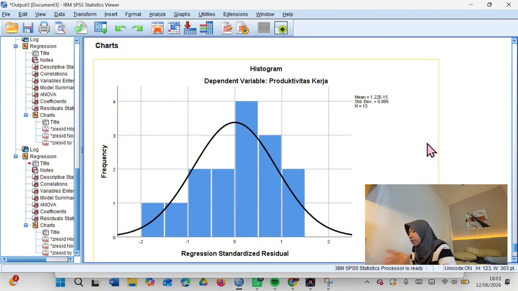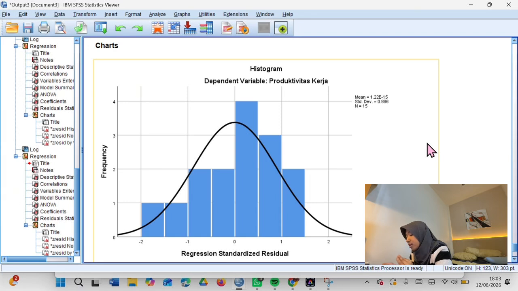The mean residual value is 1,22 to the power of negative 15, which is very close to 0, and the standard deviation is 0,886. There are also no extreme deviations visible in the distribution. Therefore, it can be concluded that the residual data satisfies the normality assumption, meaning the regression model is